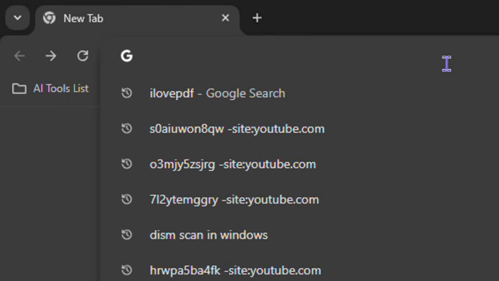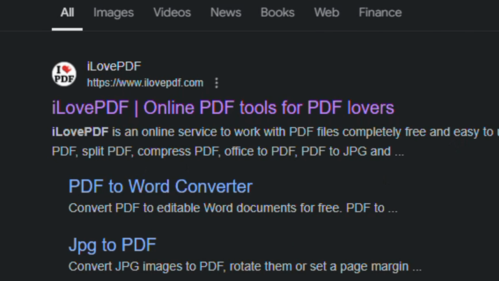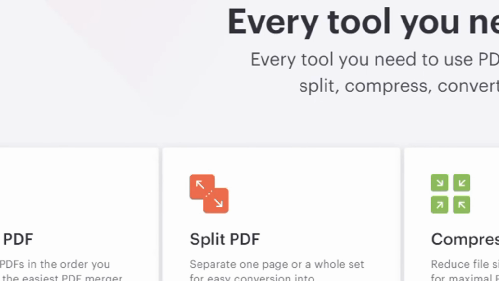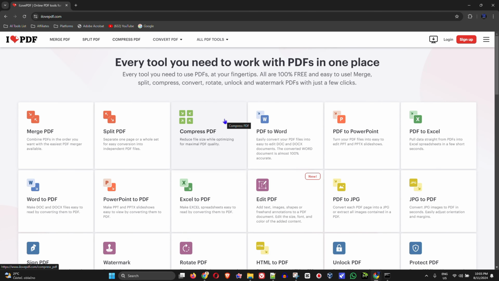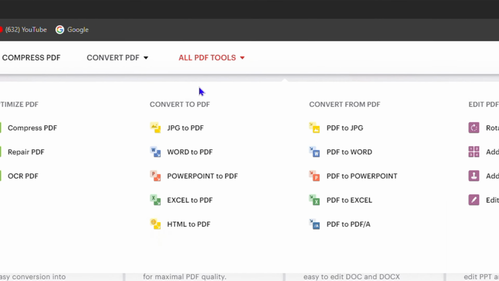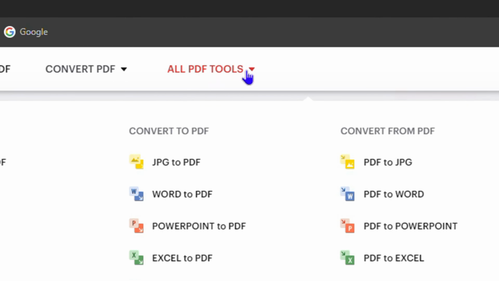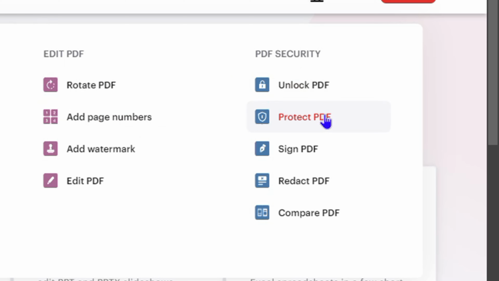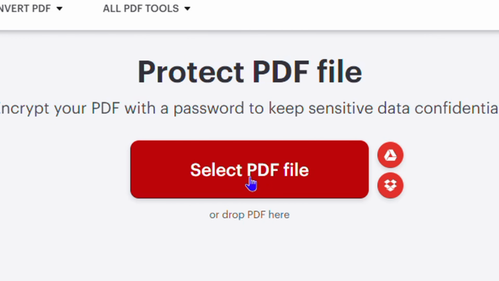So open up your browser and you want to simply type in I love PDF, as you can see there. And you can go to ilovepdf.com, or you can just type in I love PDF within Google and you'll find the website at the top. Simple, go to the website. Now, in order to protect the password, you want to click on the all PDF tools, and over on the right hand side you have the security section. So you will see the option that says protect PDF,